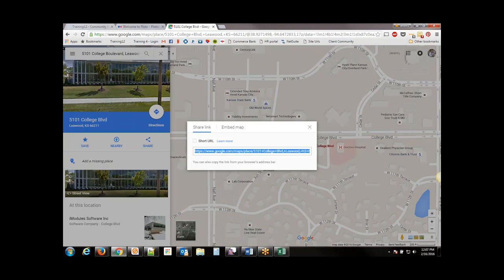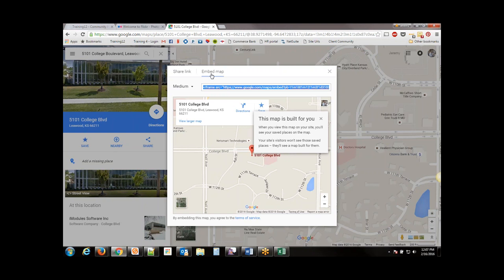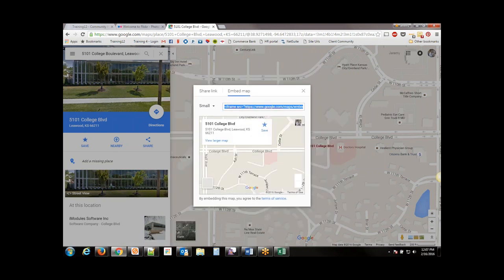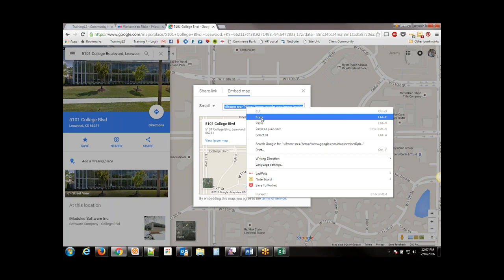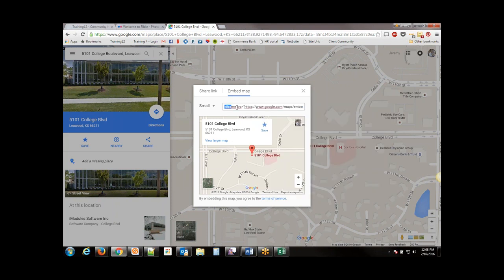I imagine documents are similar to this process. There's going to be an embed code that you can grab. Your options are share a link to this page or actually embed it within your site. Over on the left here, you can choose if you want a small map or a medium map or a large map, or you can choose your own custom size where you put in the pixel dimensions of your map. I'll just show an example of a small map. In this area here where it starts with iframe, this is what we want to copy. This is basically some HTML code. So we're going to copy the HTML code,